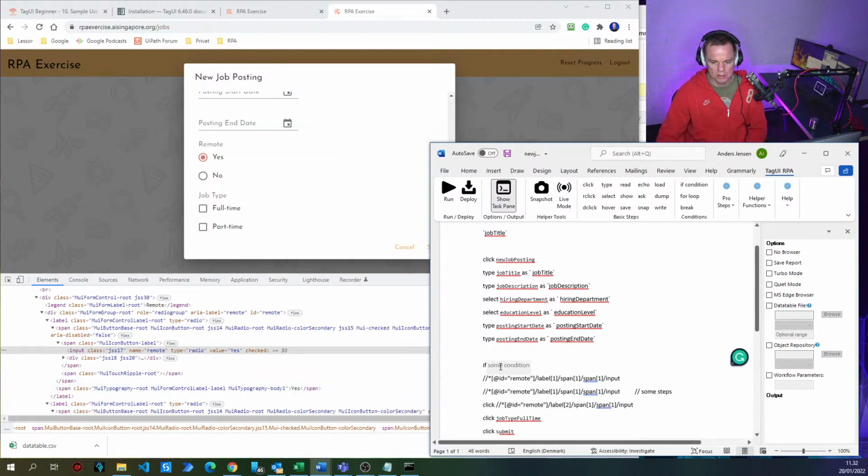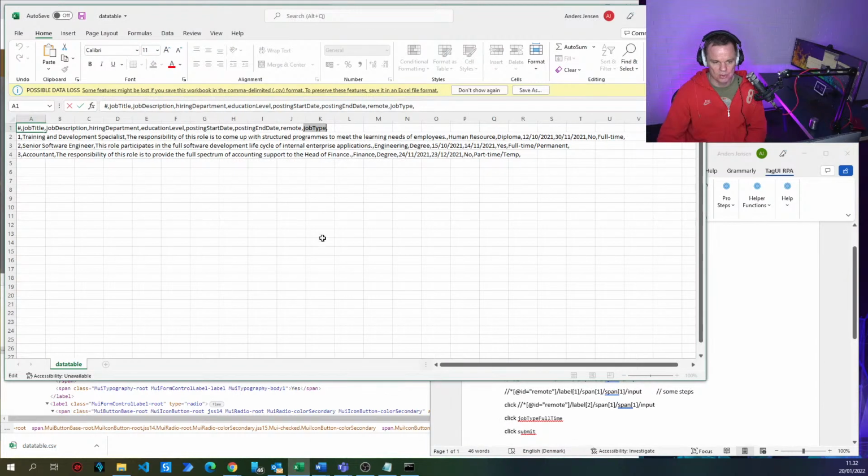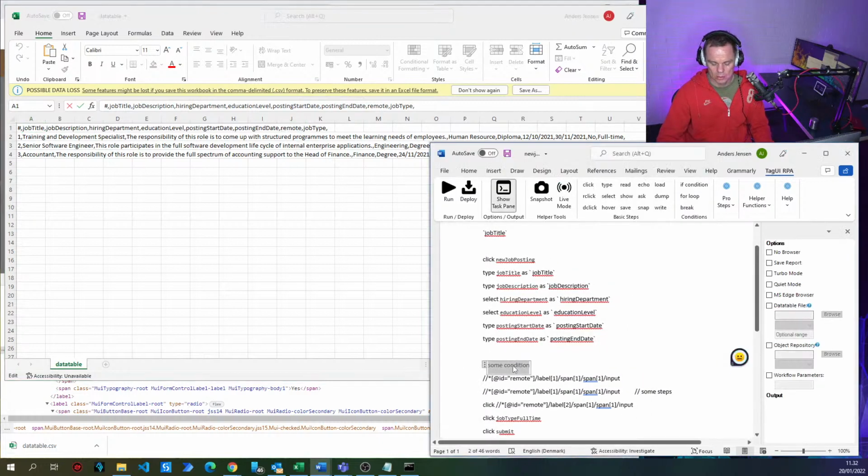So if some condition, right? Yes, correct. And that one will be based on whatever is in our CSV file. So whatever this is, remote. Yeah. So for if conditions, calling the variable will be slightly special, so you don't have to wrap it in backticks anymore. Okay. So for certain things like if condition